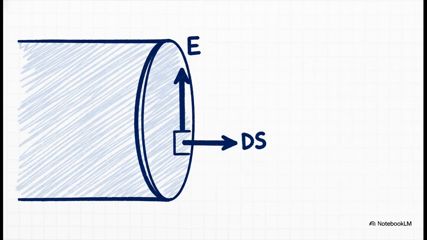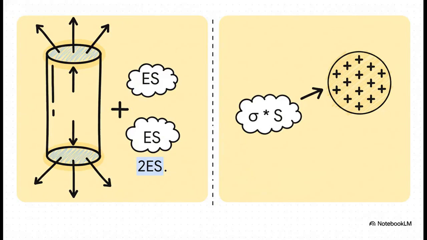But why? Well, remember, flux is all about how much the E field pokes through a surface. Since our field lines are all pointing straight up or straight down, and the sidewall is vertical, the field lines just kind of skim along the surface. They never actually pierce it. Or, if you want to get mathematical about it, the E field vector and the little area vector dS are at a 90-degree angle to each other everywhere on that side, so their dot product is always 0. So that simplifies things a lot.